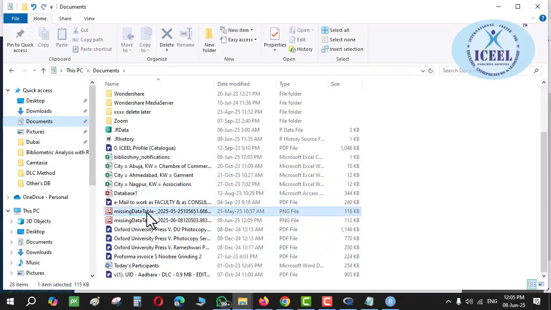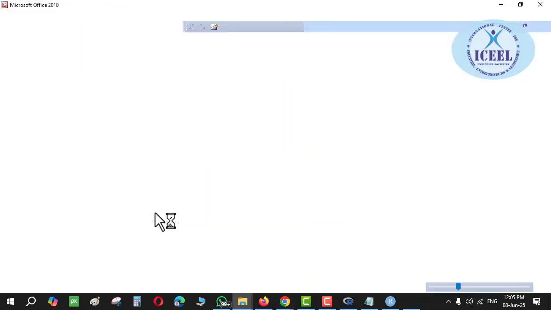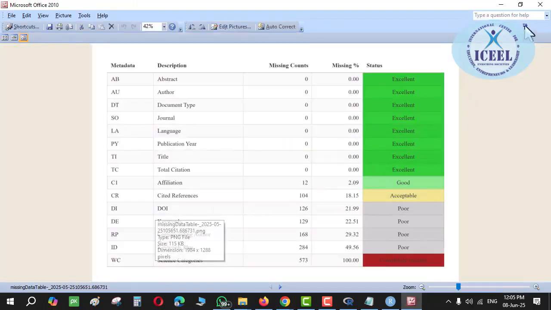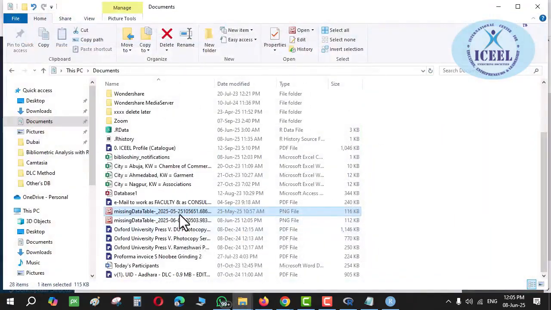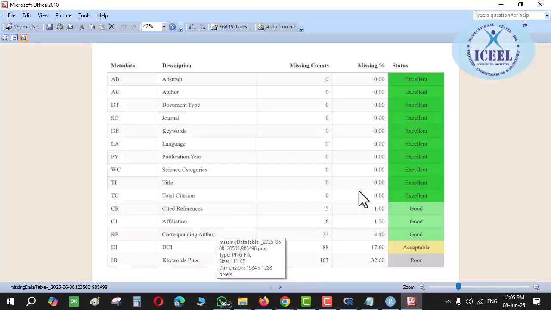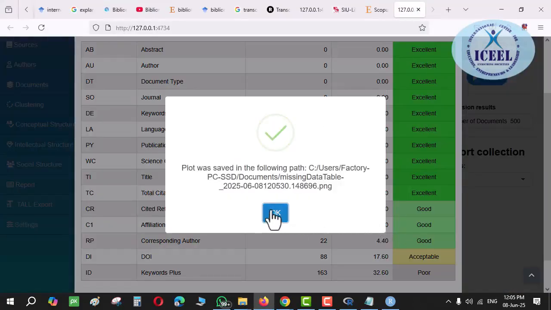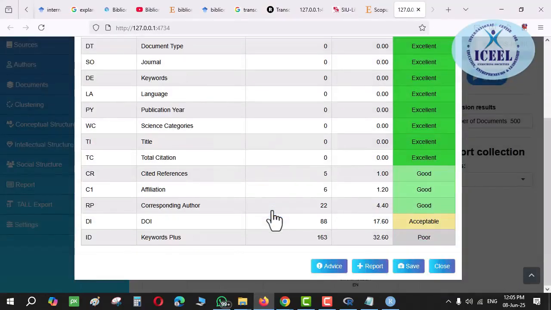It is already saved. But I think today there are some errors coming into the R. For what particular reason, I'll reinstall it. Here you can see this kind of tables will be saved. Now I think it's an older one. So let me delete it. But this kind of image file will be getting saved simply into your, it is here. It is here. Right. So this file already has been saved. You can see here. This is saved. Now, sometimes it takes more time based on the bugs or maybe some error coming over there.